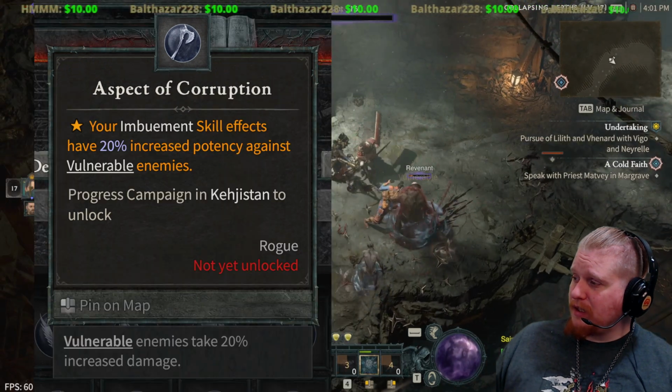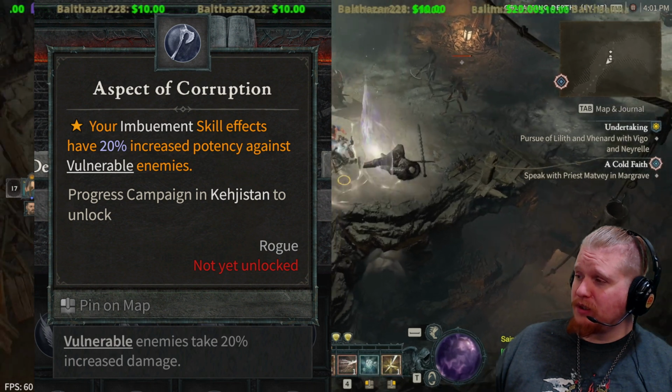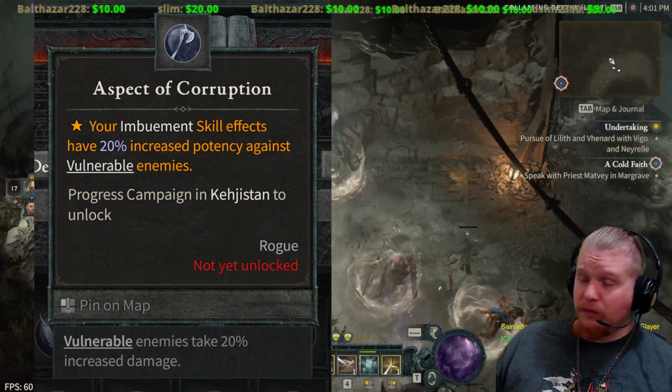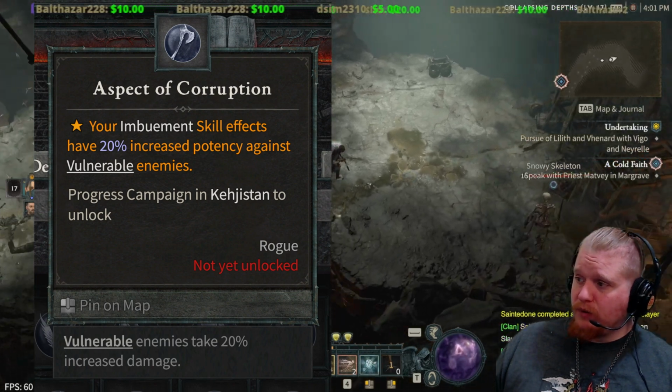We also have the aspect of corruption. Your imbuement skill effects have a 20% increased potency against vulnerable enemies. So vulnerable enemies already take 20% increased damage, by the way, which means we're going to have a 20% increased potency against vulnerable